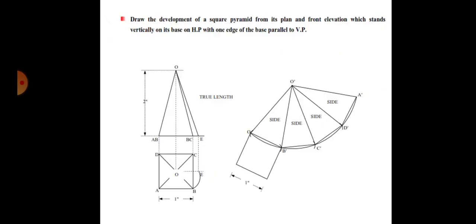Similarly, if I take one more problem on the radial line method, this is for the pyramid, which I have already done. I am just explaining the concept one more time. But one thing I would like to explain here, which is why I have taken this problem: when the problem is given where the pyramid is resting on an edge, then you cannot consider this as the true line.